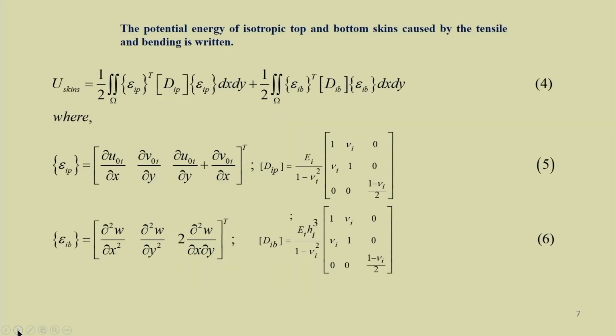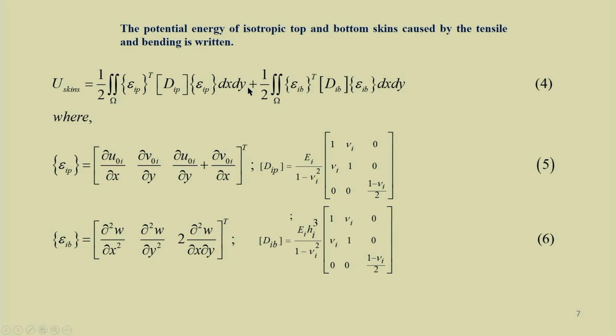Similarly, we can have the potential energy. So, the potential energy due to all the 3 layers we can write. So, this is for the skin layer. We know the potential energy can be written as half stress into strain into dV, or in terms of strain also we can write. As stress by strain equal to D matrix or E, in this case it can be written half integral epsilon, that is strain transpose, of strain matrix into D into epsilon I p into dx dy.